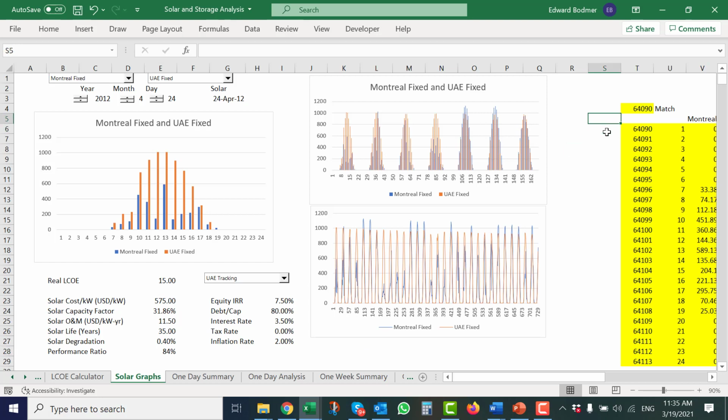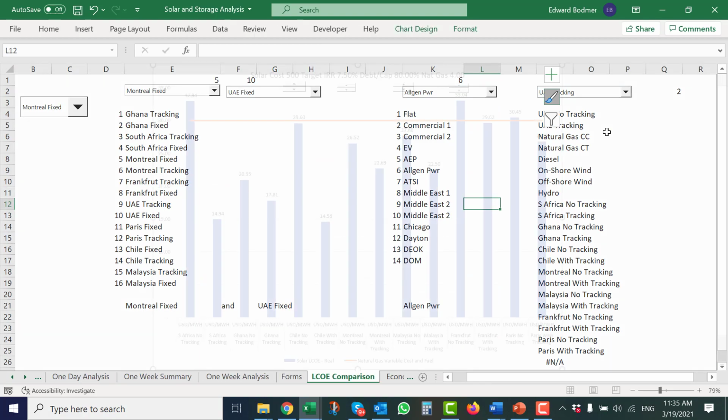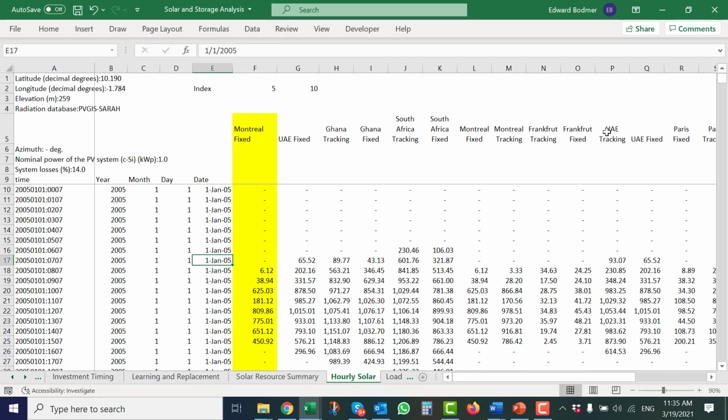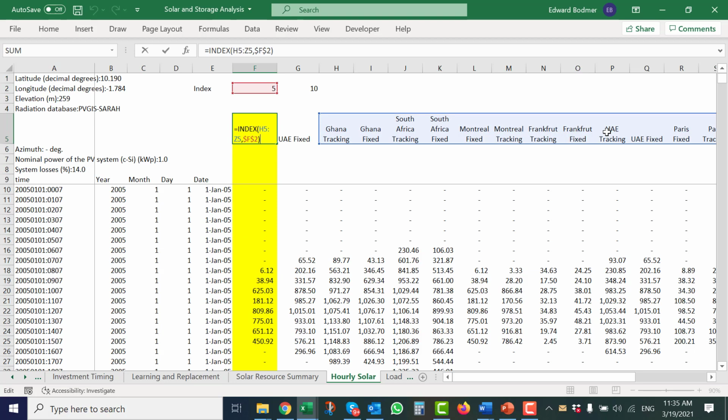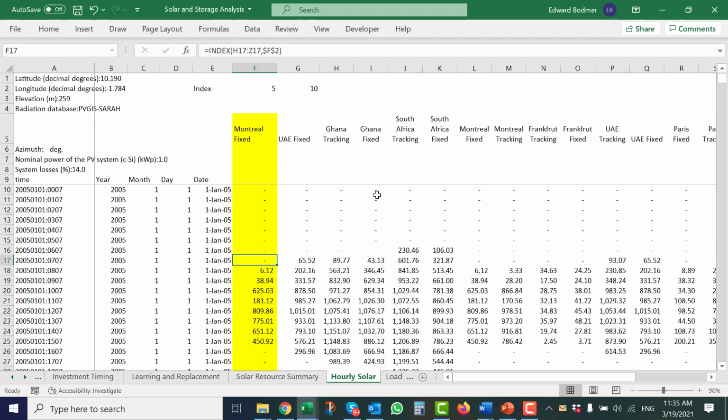Now, to get this is so easy to do. What you need to do is download all that stuff. That's what took so long, downloading all the hourly data. Here is the hourly load. I just used a little index, and I'm not going to get technical and show you how I did that.